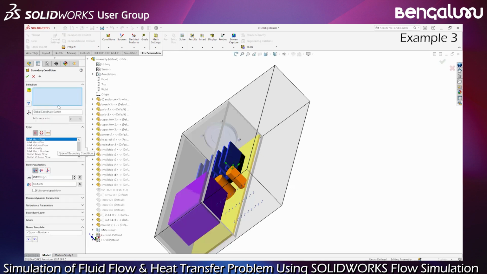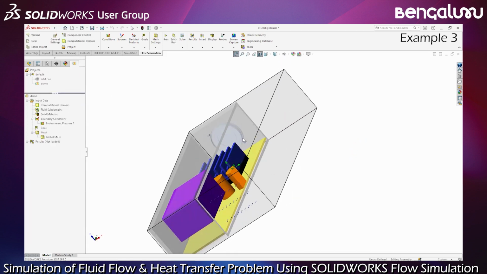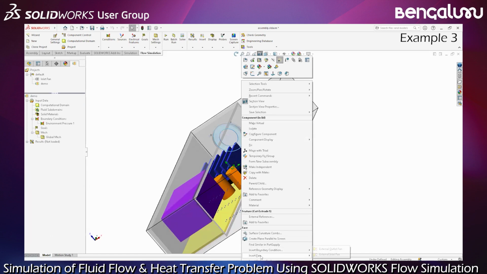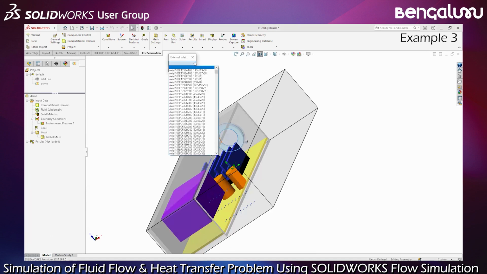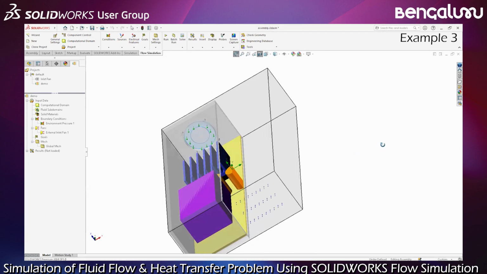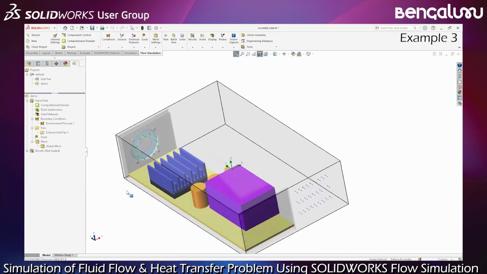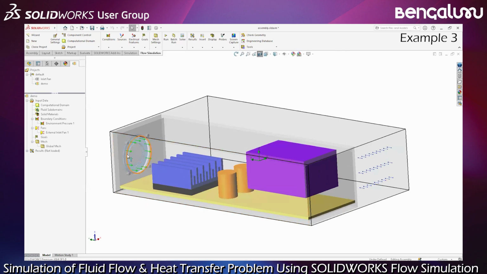Of course, if I select this and insert fan, I can find it here. It's external inlet fan. And I can here, of course, select a fan from the list, and that's it. You don't need a specific condition. Okay, it's an inlet, it's an external fan, but an inlet. And of course here, for the surface, we remove the center, which would be the hub of the fan. Okay,